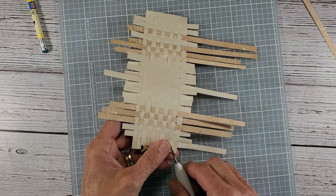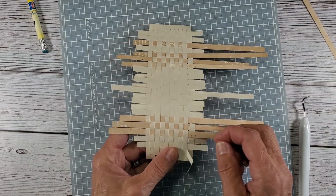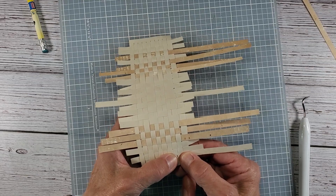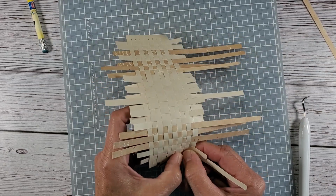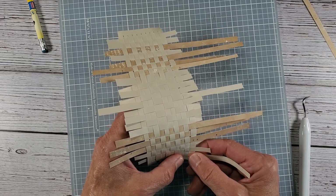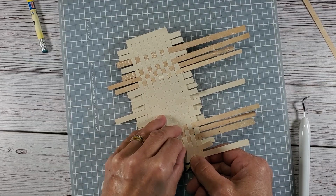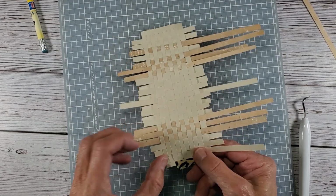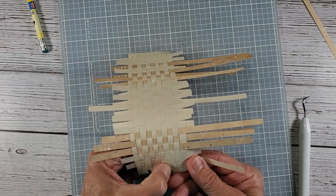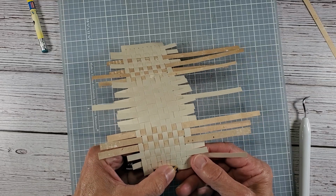And you just might need, don't want to do it that way. This is where patience prevails, right? There we go. So you just kind of have to